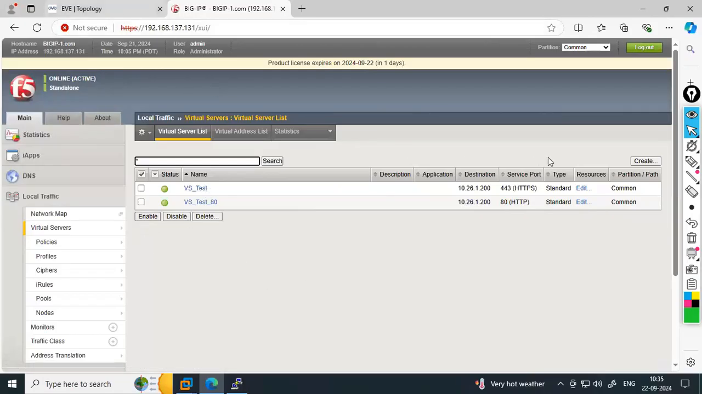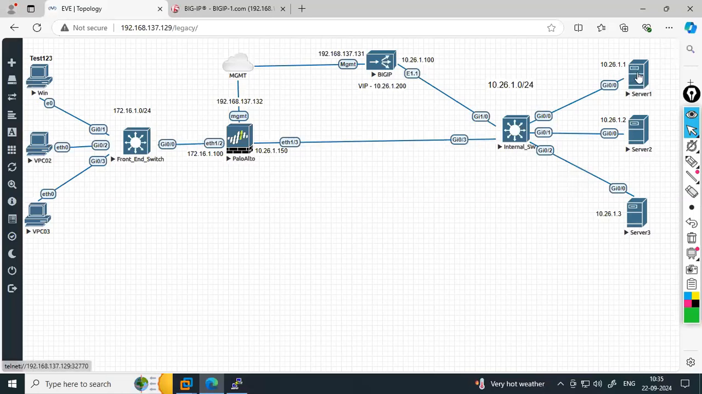Okay, so this is the configuration, like we have the IPs 10.26.1.1, 1.2, 1.3 on the servers, right? The servers have the gateway of the firewall, right? But now what is going on, whenever this user is accessing this BIP,